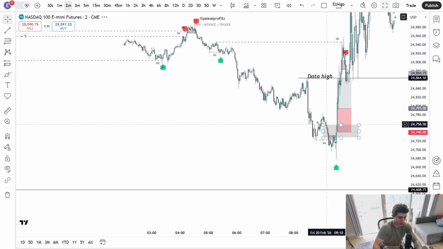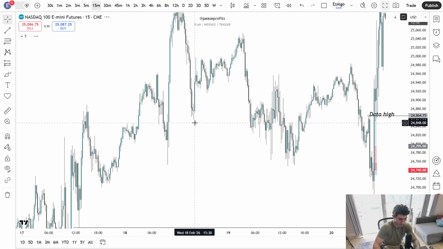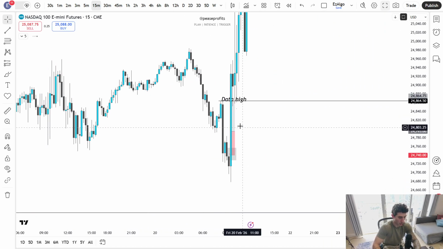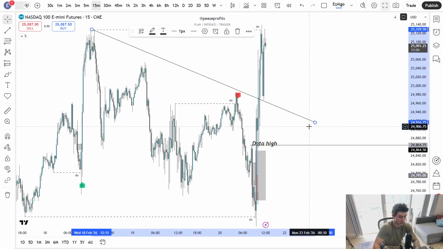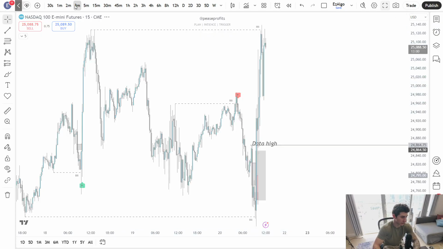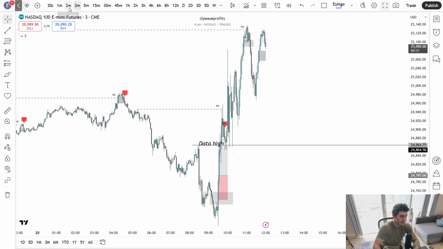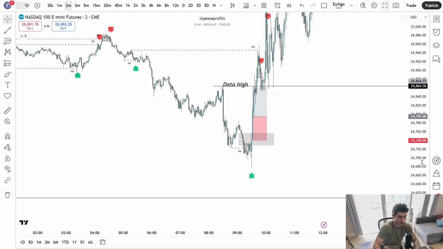Now, we did have liquidity above, okay? Looking back, right? On a 15-minute time frame, we were inversing this bearish 15-minute gap. We had all of this trendline liquidity above. So, you know, could you have held a runner or two? Yeah, I told you guys if you want to hold a runner, you can. I just got out at a 1-to-1. I was happy with the trade for the day.